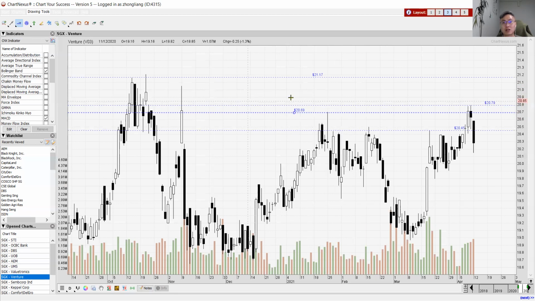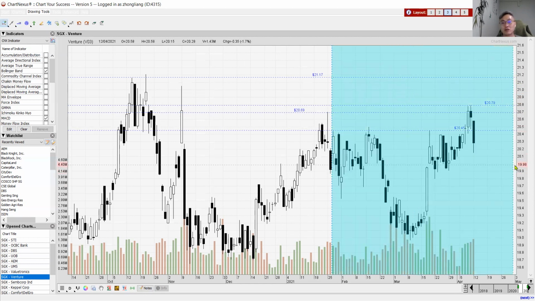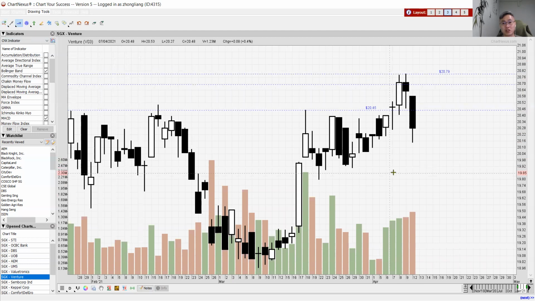So this whole zone, in fact, is a very tough level, very tough levels for this Venture to trade. So if Venture continues lower, the next support for us to watch is in fact at 1991. So let's see whether tomorrow there will be more continuous selling, or tomorrow we see some rebound and then establish